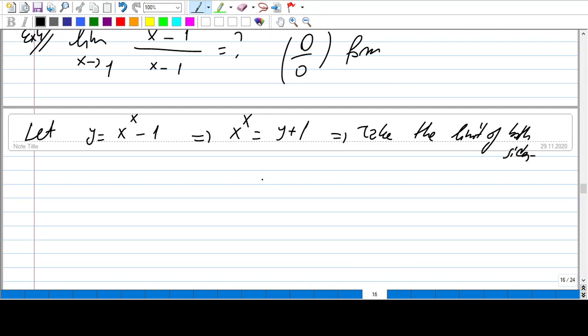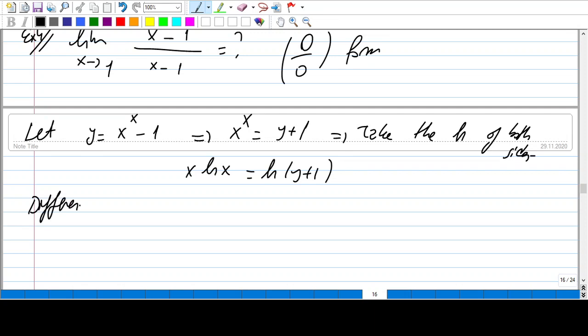What do we get? We get the following. We have x times ln x. Take the ln of both sides. I'm sorry, please correct it. Take the ln of both sides: ln(y plus 1) equal to x times ln x. So if we